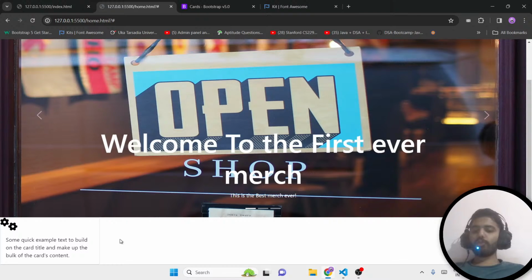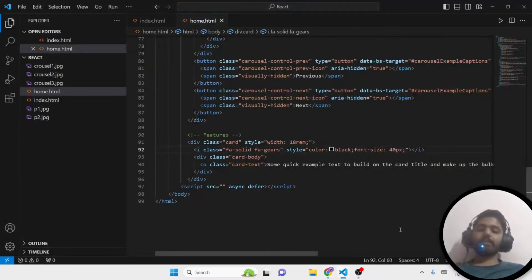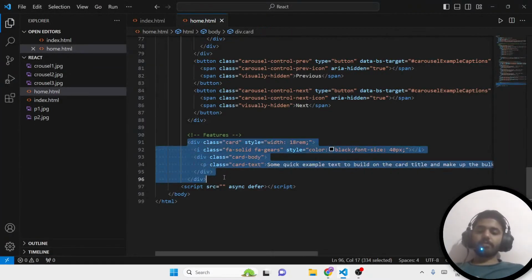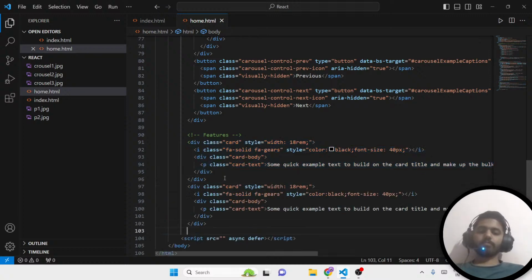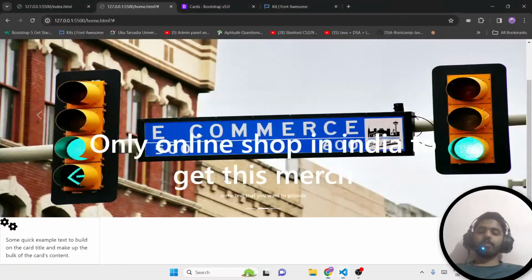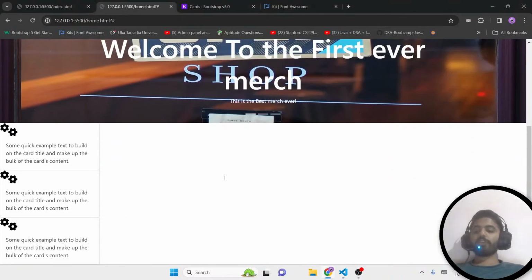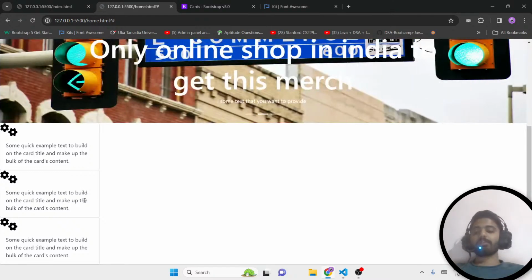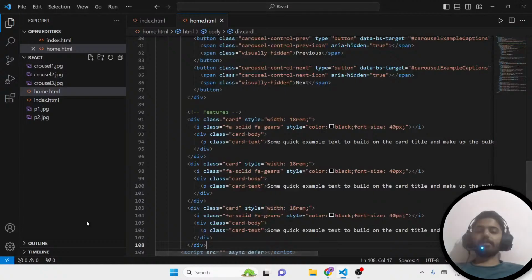Now what I want to do, we want to create 3 cards, correct? So just copy this, correct? But now there will be an issue. So what we are getting, we are getting 3 cards, correct? But we are getting them in different rows in the single column, correct? So to